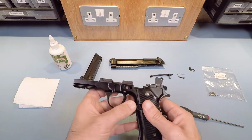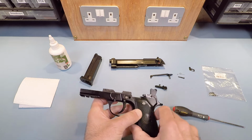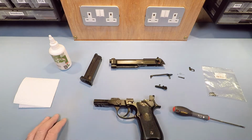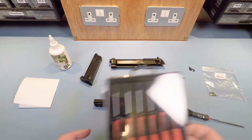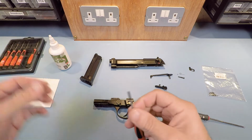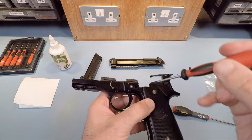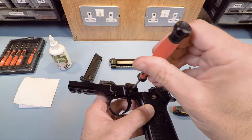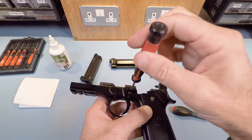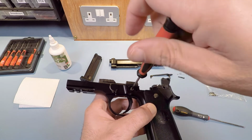So I can see there's a screw hole here, so you need to remove that one. Let me just go ahead and grab my screwdriver set. So again, you just need a small Phillips screwdriver, and then you should be able to remove this screw here. It shouldn't be very tight. You can see straight away, I've taken this apart before, but it's not that tight. So you want to remove that screw,